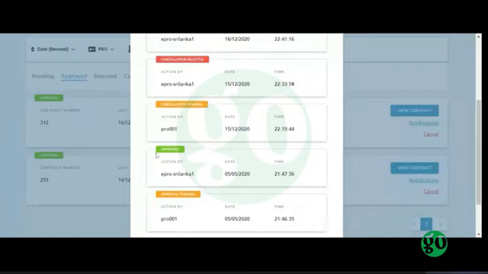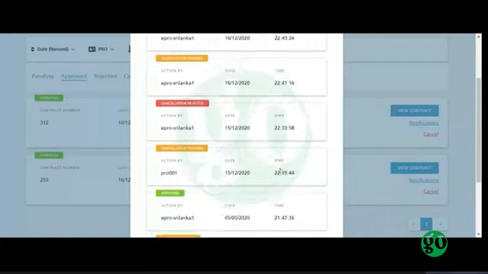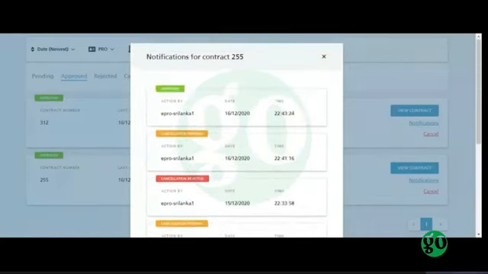After that, the status of the contract was turned to approved and the action was taken by the EPRO. This value represents the username that took this action, along with the specific date and time of this action, until the last status, which is the current status now, which is approved, and the action was taken by the EPRO under this username and at this exact date and time.